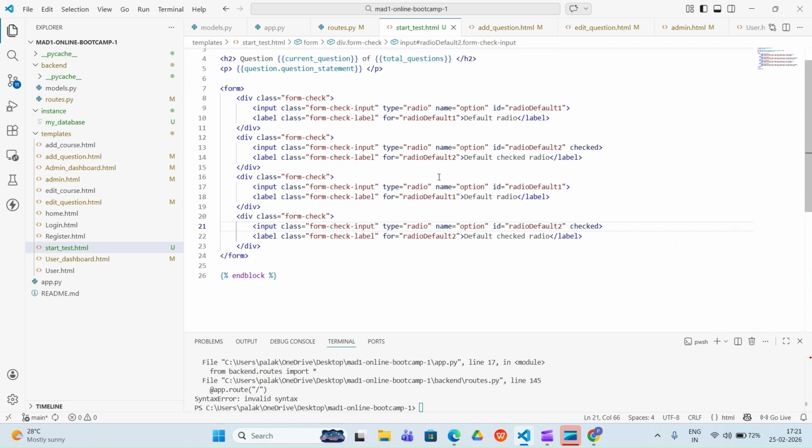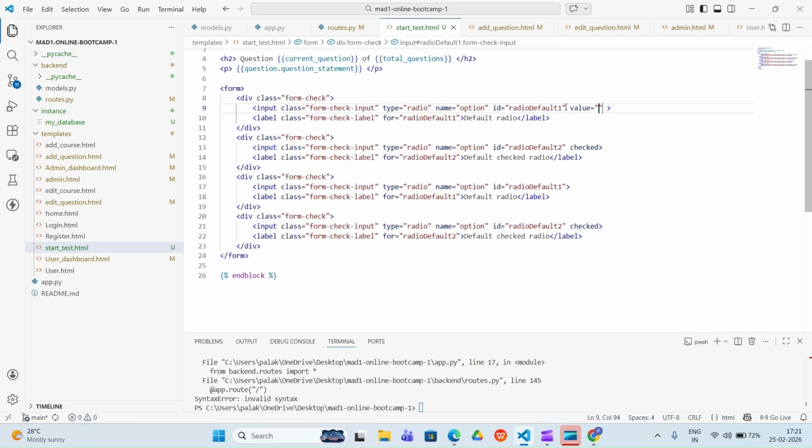So the name we have just done here. Now the other part we need to give is the value. In this value we will give the options which are there for a particular question. The question statement we have rendered.